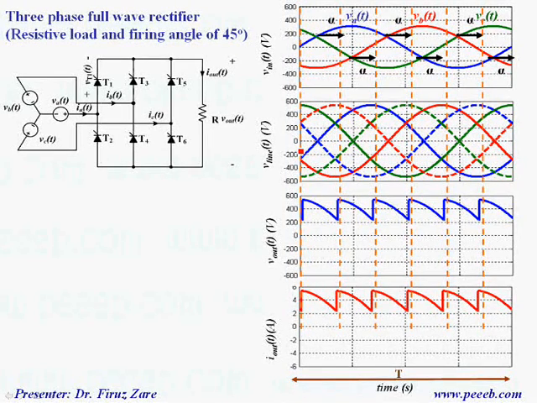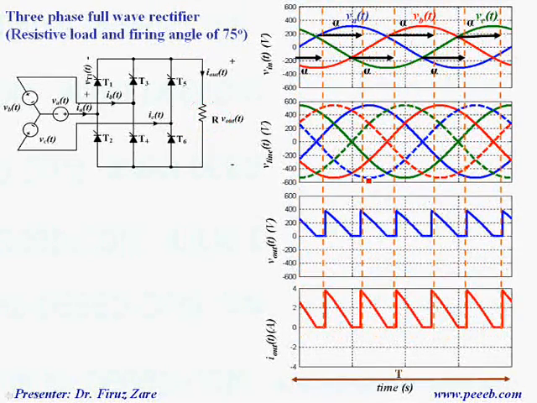Now we change the firing angle in a three-phase full-wave rectifier, still with resistive load. Here we can see that increasing the firing angle to 45, we still have a continuous voltage waveform. That means the voltage is not getting negative. In this case, the output current is positive, which means the thyristor can conduct. So we still have the same scenario, but when we increase the firing angle beyond 60 degrees, in this case, we